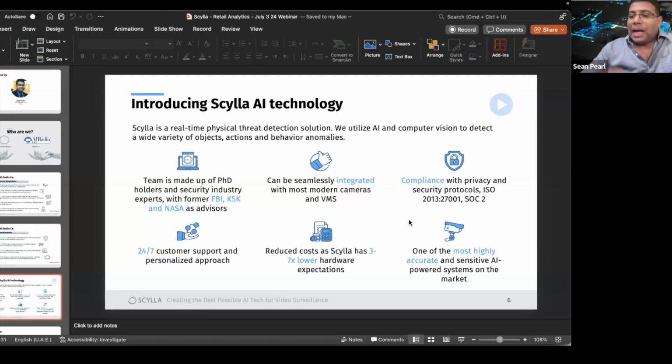Right. So I'll show you a small document a little later on the kind of accuracy that we maintain on our analytics as well. All of these accuracy rates are in excess of 90, 95, 97%. And this is something that is constantly being optimized on a very frequent basis, to make sure that from Scylla's end, you've got the best in market video analytics solutions being offered. Right.